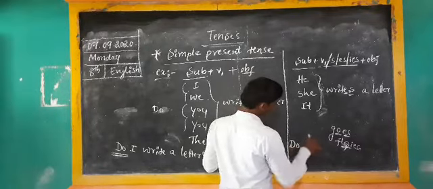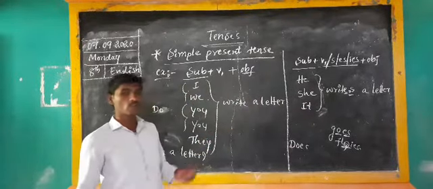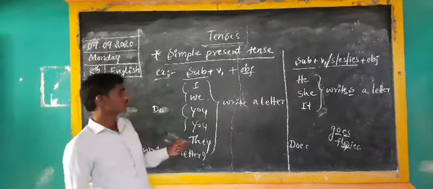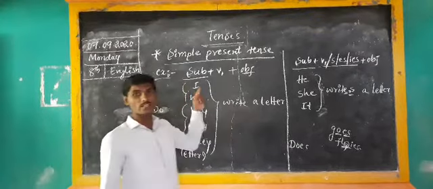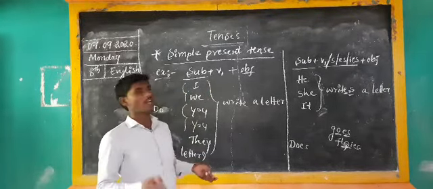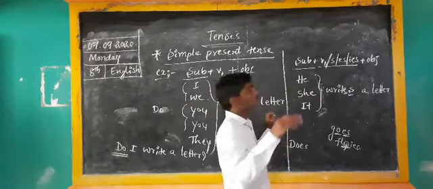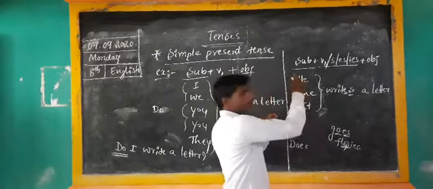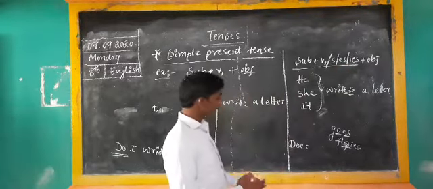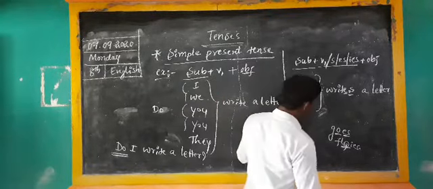Because this is the second formula in the simple present tense, we have to use does, but there is a little confusion. What is the little confusion? Sir, in this statement there is no letter s on the main verb, but in the second formula, when we observe it, the verb has s, es. How do we create the question statement?